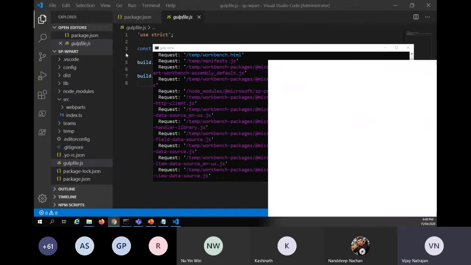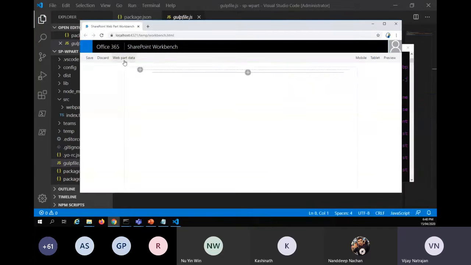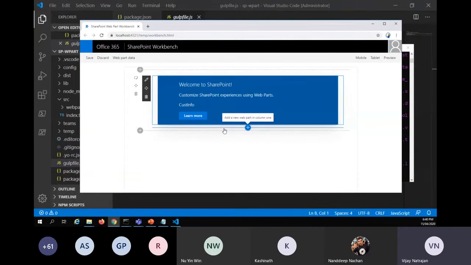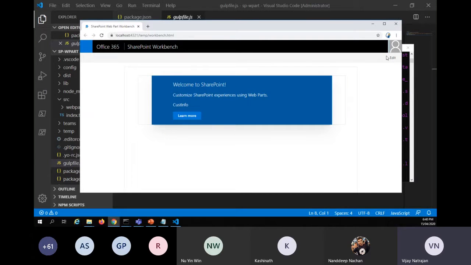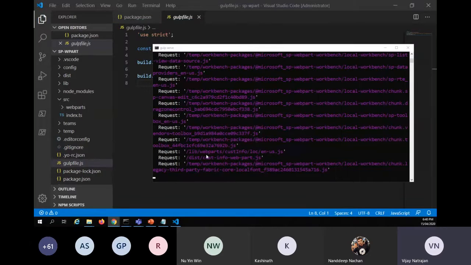Okay, so once I have run this, I can see my workbench, and in the workbench I can actually go and add this web part. So this is just a hello world web part. I didn't make any code changes to this web part. So when I put this web part on the page, you can see that it loads the localization file. So this is the strings file. Then it loads the actual cust info webpart.js, and then it loads the